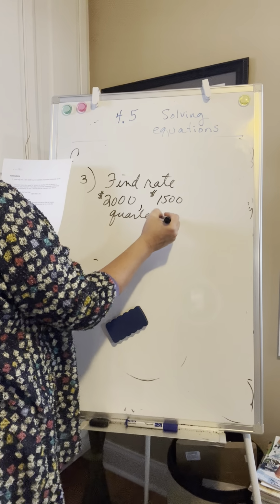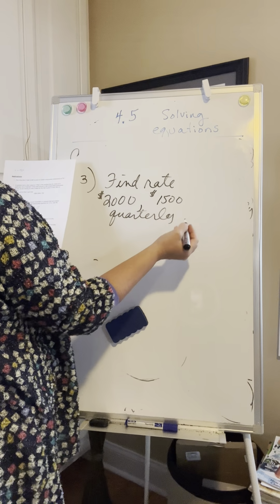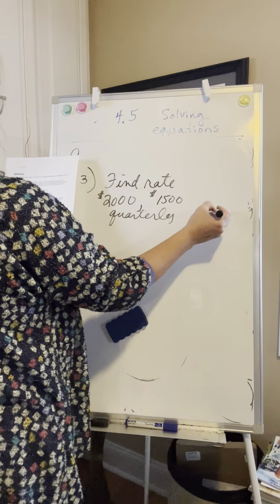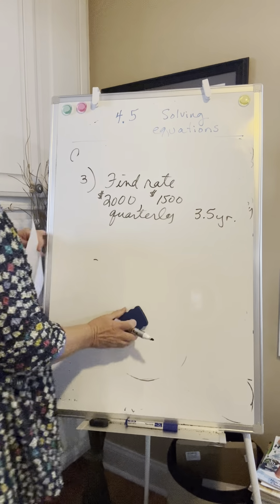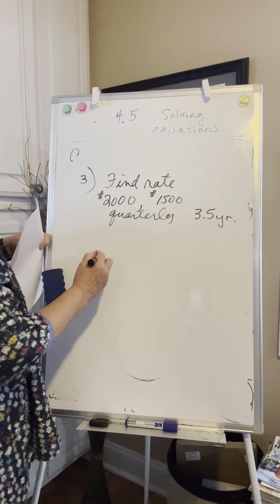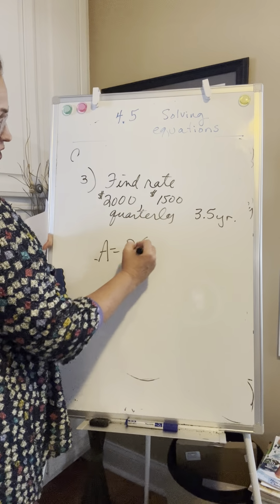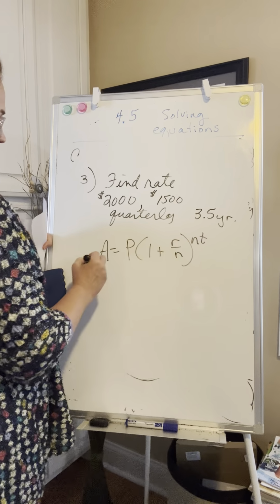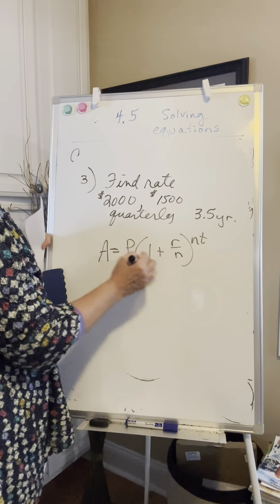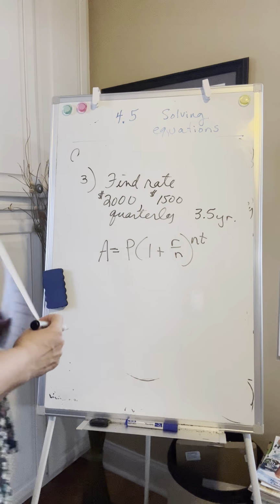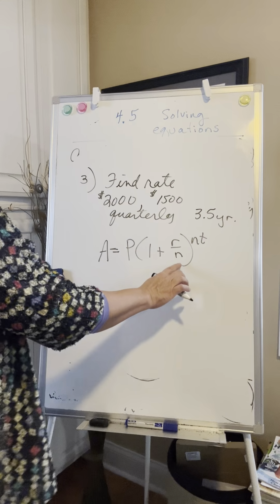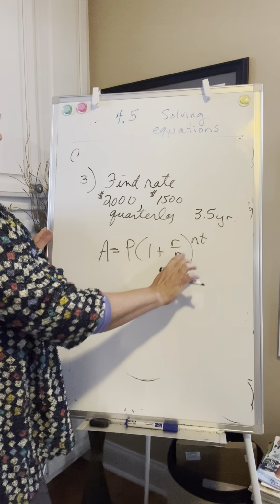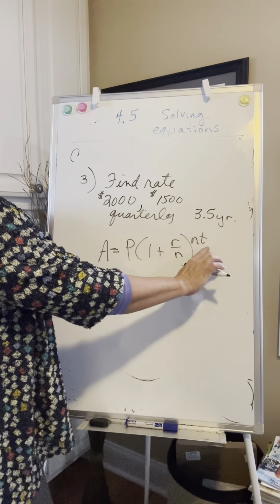So that's not the PERC formula. Quarterly means we're going to use the other formula. And we're going to leave it in there for 3.5 years. So we know all the players except the rate. So this is our other compound interest formula. You remember that. This is the one that compounds if you know the increment of time. Knowing the increment of time is quarterly, that'll be 4 we put there. Time we know,